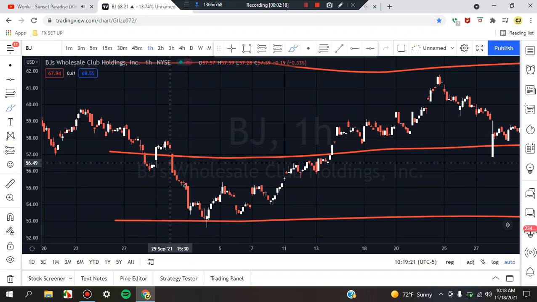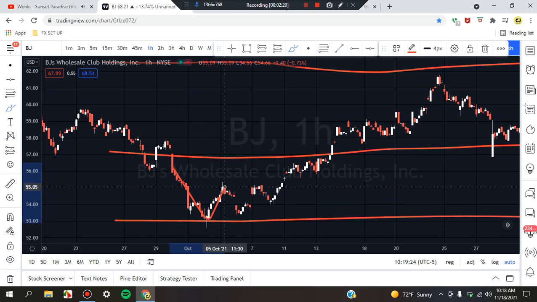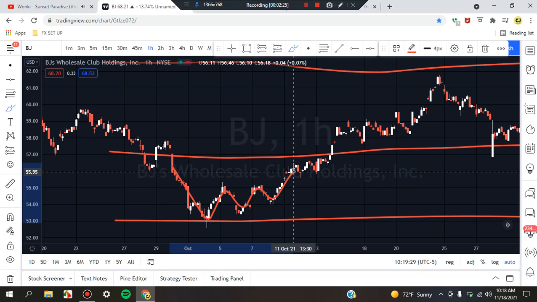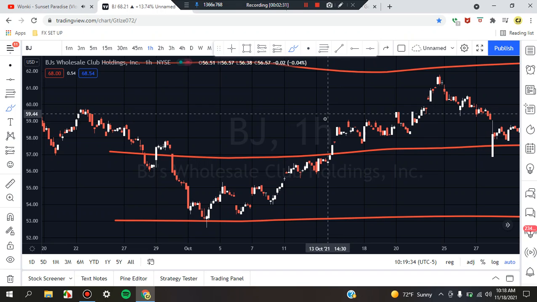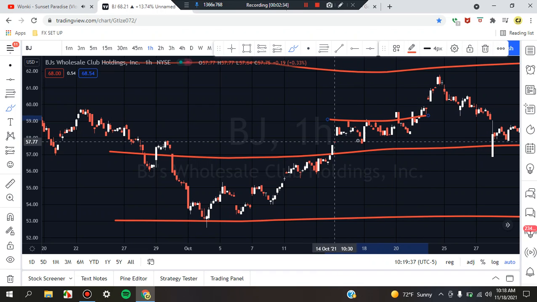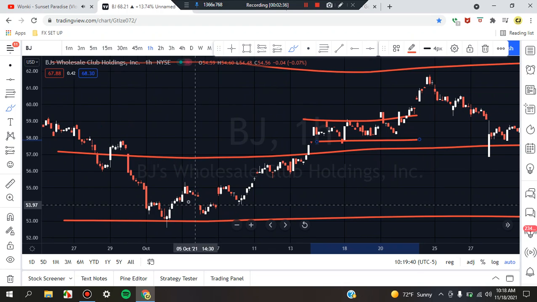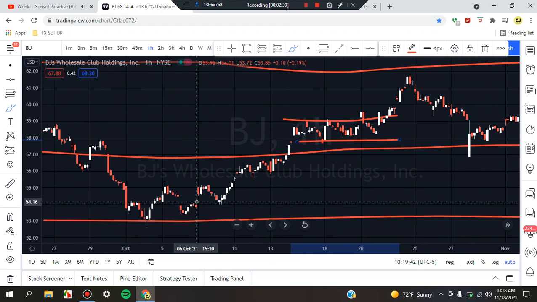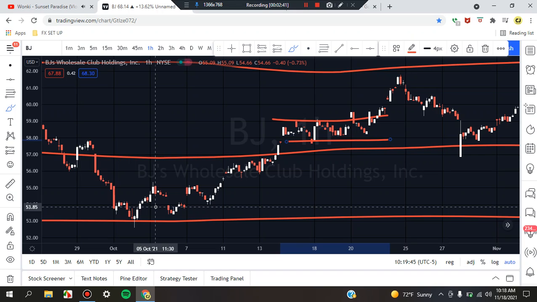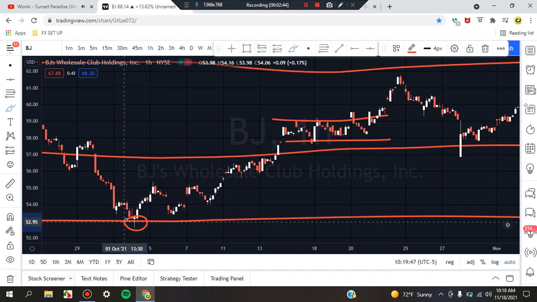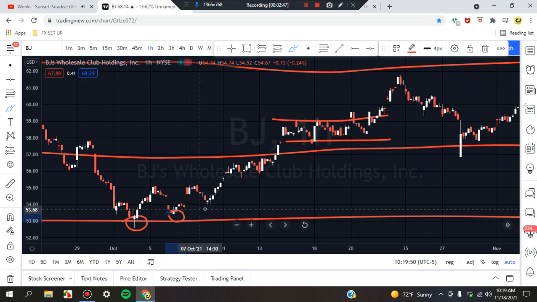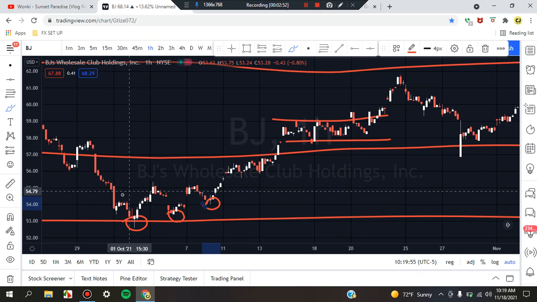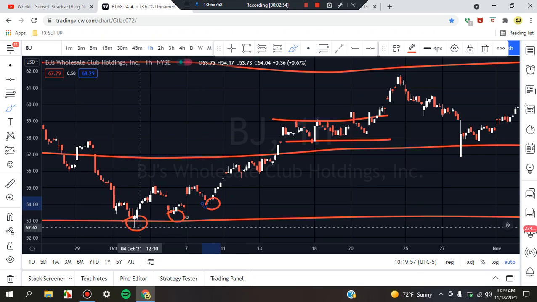So if we look at it like this, this will be the first leg, second leg, third leg, fourth leg. Came back to that retest, and the market pushed up once, twice, three times, four times. So we're going to put this area in consolidation because we know the market exhausts itself with four pushes to the top. We're going to head back to that triple bottom that we see. The market spiked down once, twice, three times, still an area of support. So if you just look at these three main points, in my eyes, that would be an area of